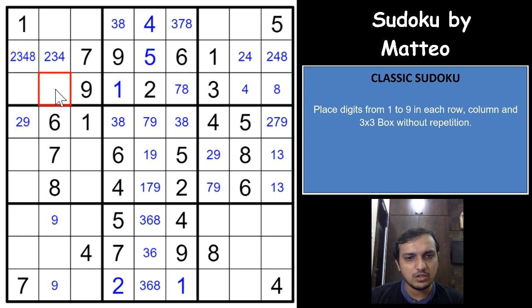Okay, not here. Yeah, of course, because of the 4 here, 4 in box 4 will have to be only this cell. There is no other cell a 4 can go, which means you can eliminate 4 from here, and that would give you a 4 in one of these 2 cells, right? So we can mark that here.